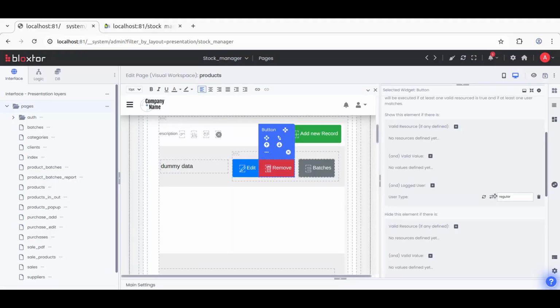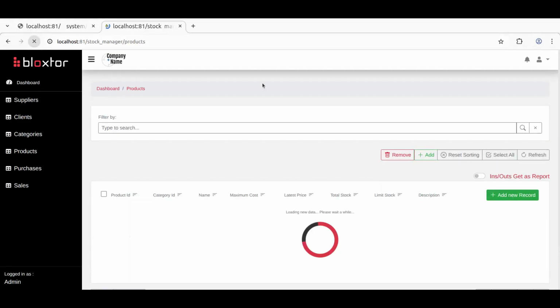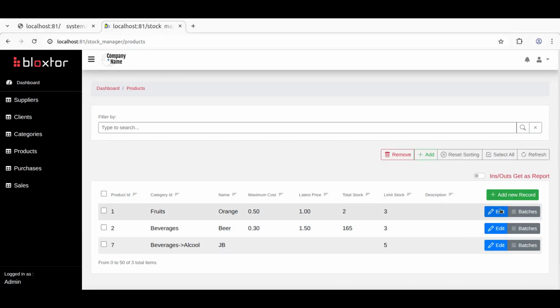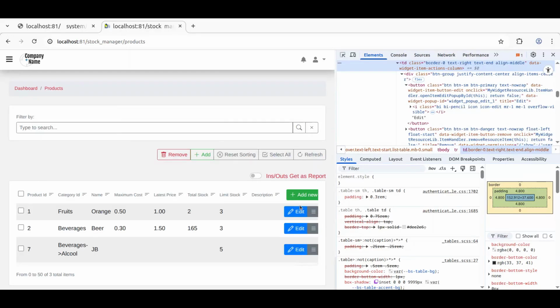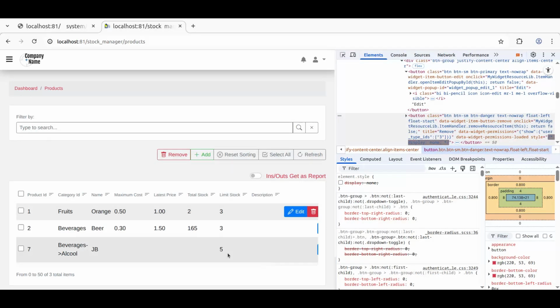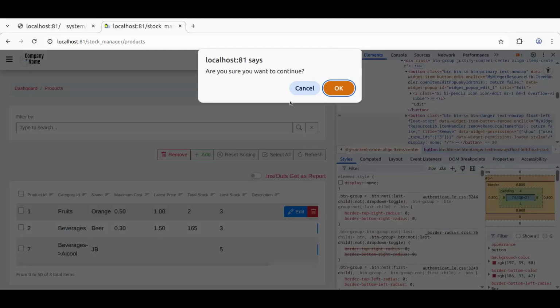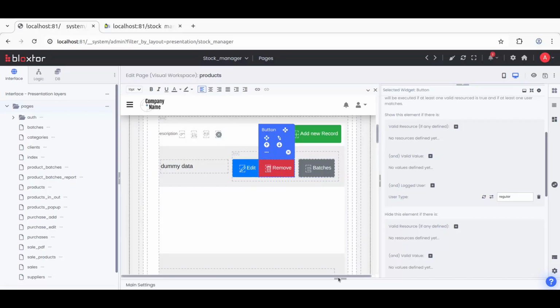Now let's say that even if I only show this for the regular types, the user can hack the system and can execute the remove button. So how can I avoid that from happening? If the user comes here and finds the other button, he can choose this button here, and then he can automatically click this button to remove the specific product. So how can we avoid this from being executed, from the server side? In the server side, in the resources,